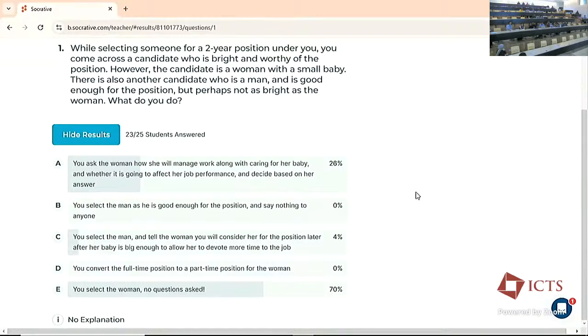Not how will you look after your baby. How will you manage this job? And she says, what do you mean, I'll just manage. What would you say? Are you a postdoc? Are you a student? What are you? I am a student and I have worked also before. Okay, so did they ask you how you'll manage your job and what would you have answered?